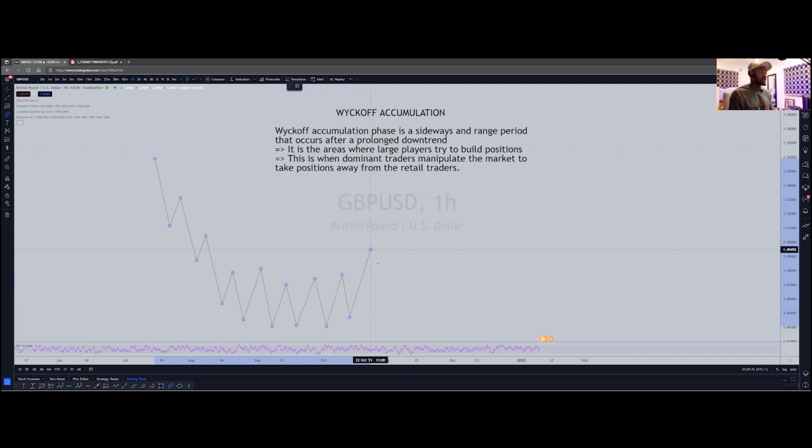Now, this could be a Wyckoff accumulation, because it's a sideways range period that occurs after a prolonged downtrend. So can you say the downtrend is when the market forms a series of lower highs? I think I should change this to black so that it can be easily seen by everybody. Okay, I think this is better. Let me make it to pixel. All right, perfect. So this is a prolonged downtrend, lower highs, lower lows, and the market entered